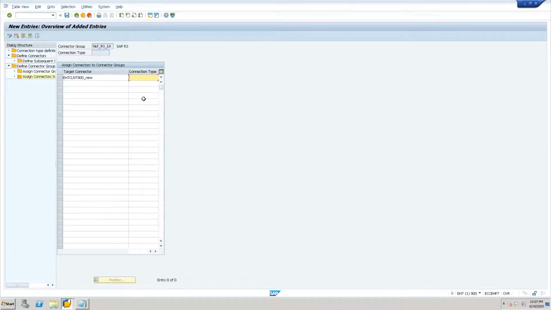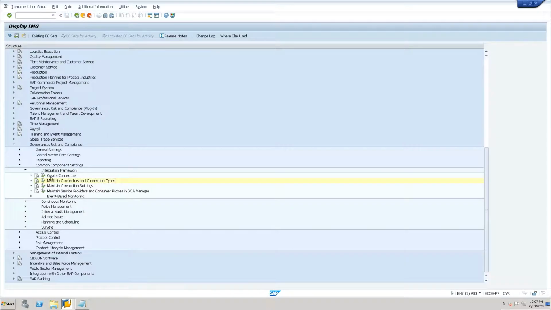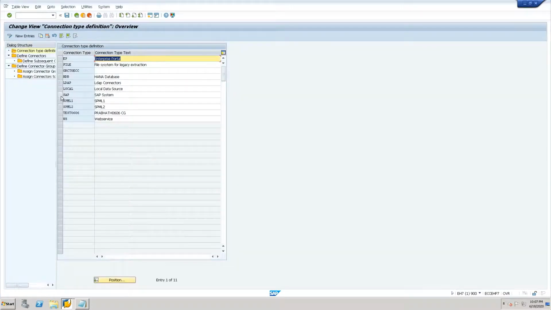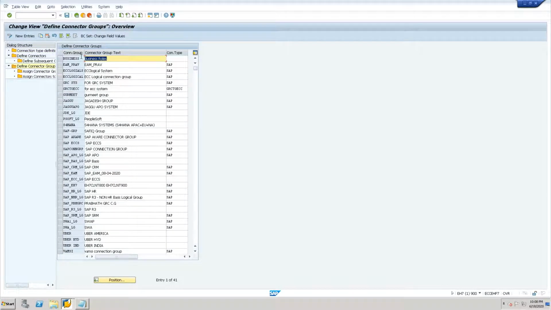And what is the connection type? SAP. You can write SAP over here. Okay, then just save it. This data is saved. Just go back. Then you can see our new system. This is the connector group we have. What is the connector group we have used so far?